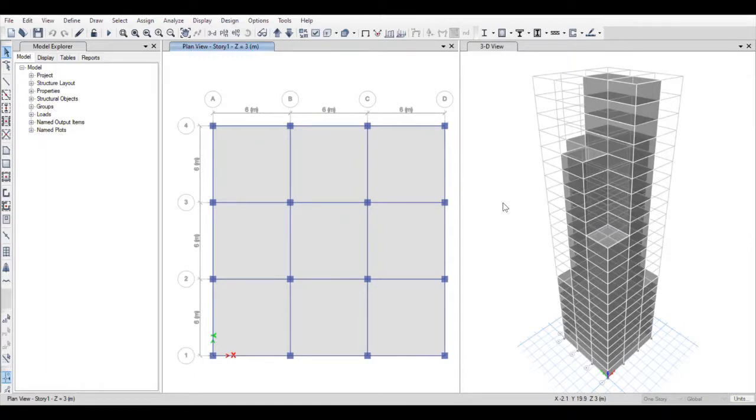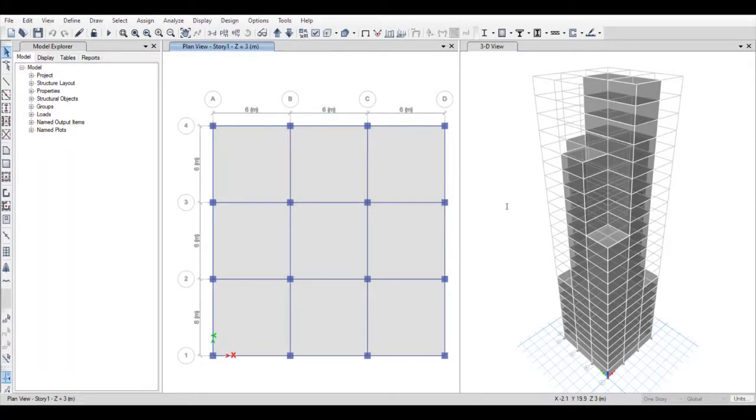And guys, as you can see, our building lies in Bangalore. So in our IS code, for different regions, there are different site specific parameters given to us which are involved in the calculation of the seismic loads. And the other thing, we can choose in which direction the building will move when an earthquake occurs. Either it will be X, or Y, or X plus acting at some eccentricity with respect to the X axis, or with respect to the Y axis. So for our problem, we will be choosing X direction and Y direction both.